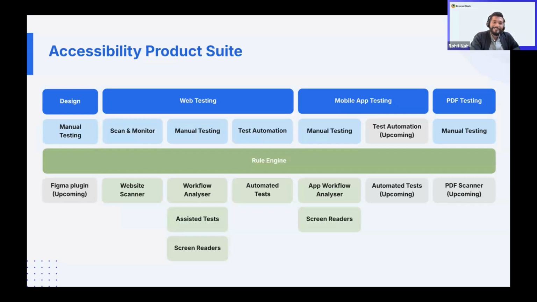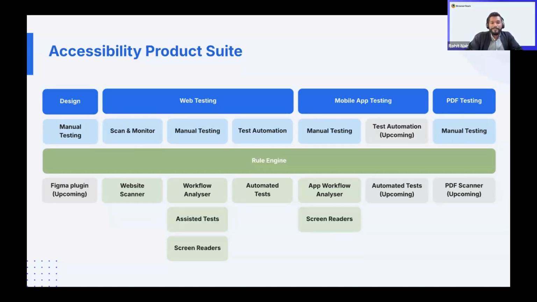He did mention that it's called shifting lefter, because now we are looking at it even before the development phase. And that's what the design tool will help you do. We have a Figma plugin that's upcoming. It's going to go alpha access in December. If you are really keen on being part of the alpha program, happy to hear that from you, maybe in the chat window or the Q&A window here. We'd be happy to include you in that.